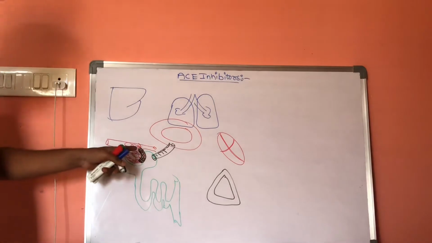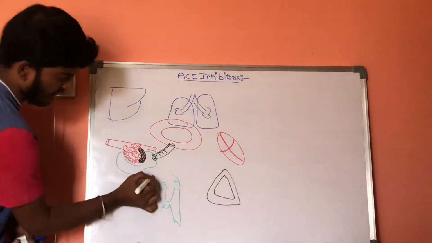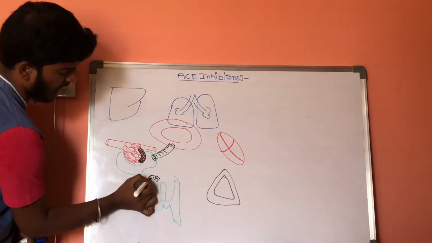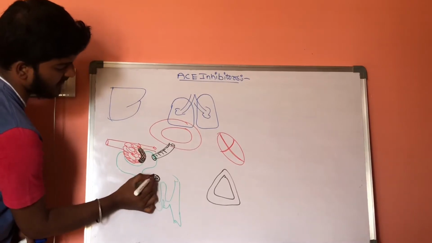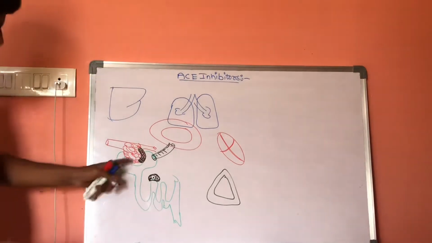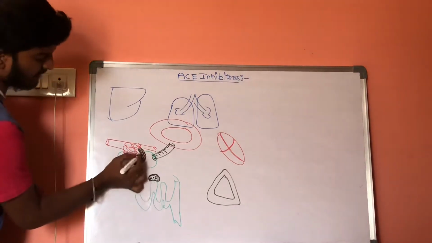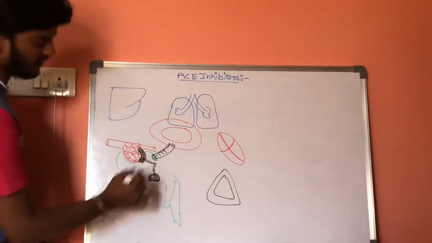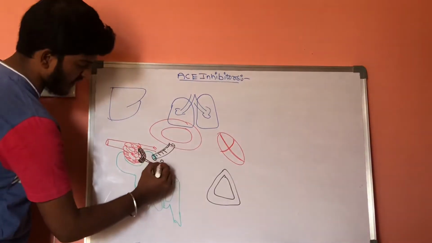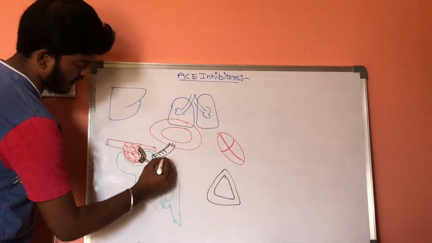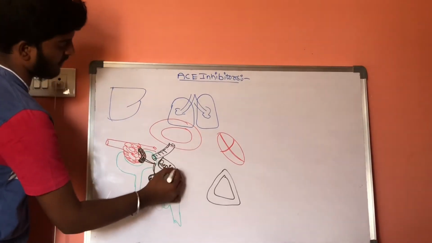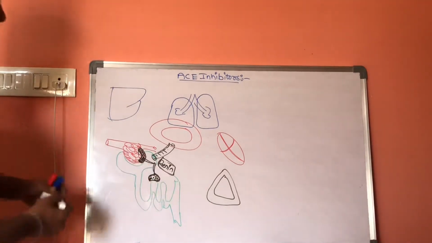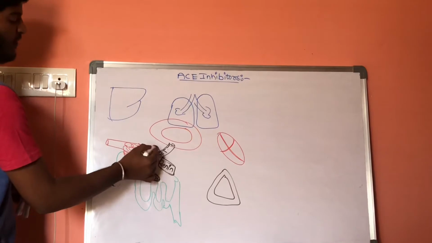Here we know that this is the DCT, and on the surface of the DCT these are called macula densa cells, and these two types of cells will secrete a special type of enzyme, that is renin. This renin will move into the liver,